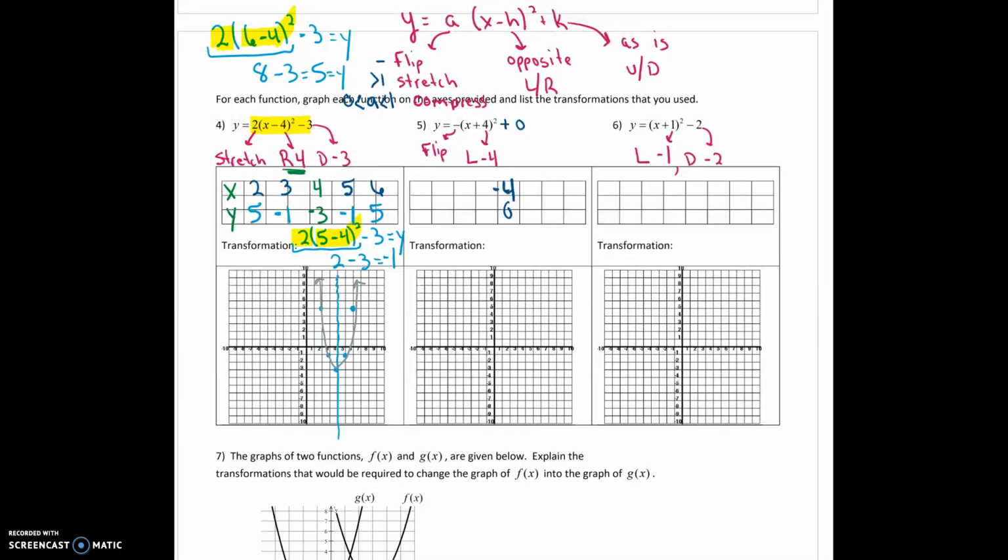So again, this is my vertex. And now I've got to pick numbers bigger than -4. So I'll pick -3 and -2. And then I want to pick smaller, so -5 and -6. Again, these are my x's and we'll figure out the y's. What I'm going to do first, as we always tend to do, is the numbers on the right. So I'm going to put -3 in for x and -2 in for x. So starting with that,